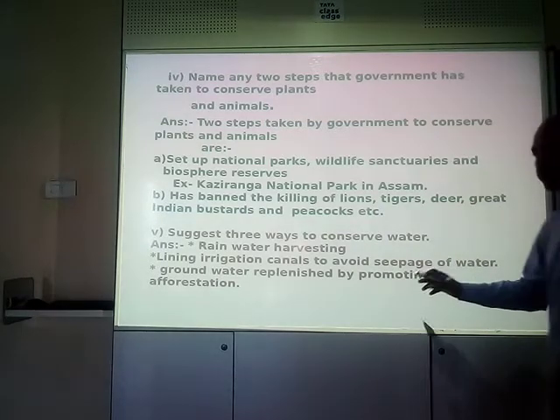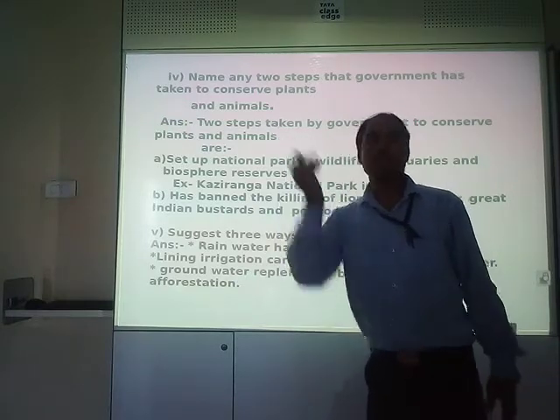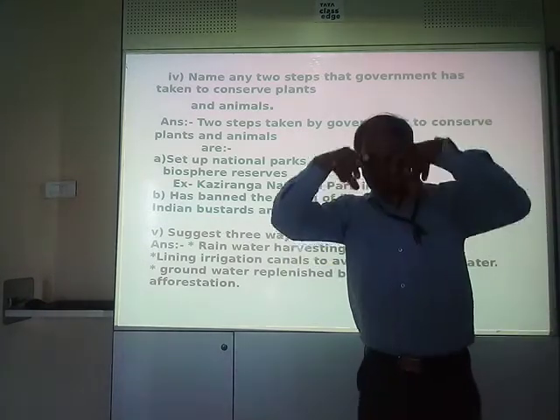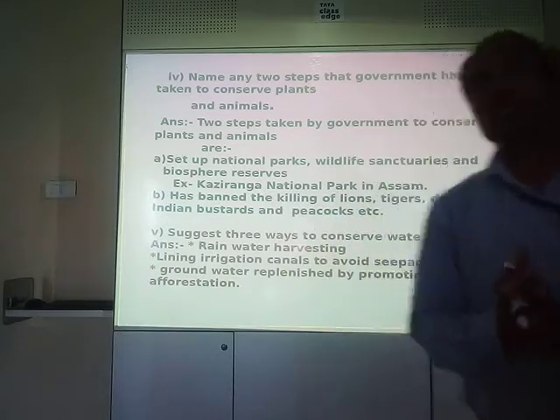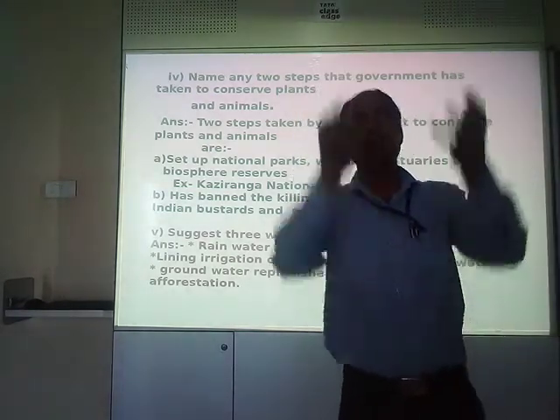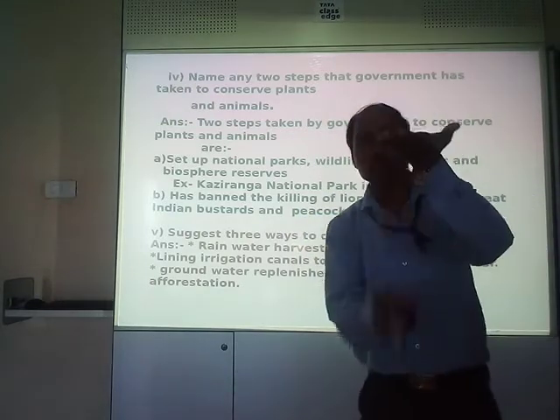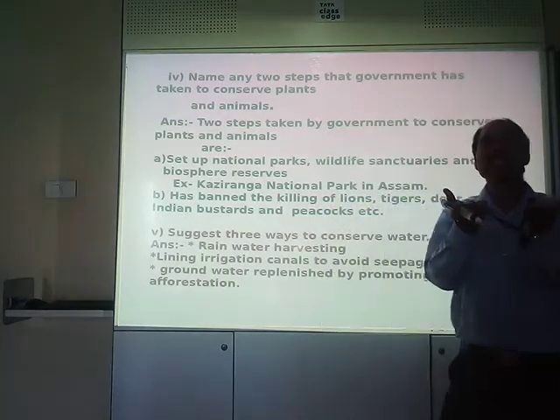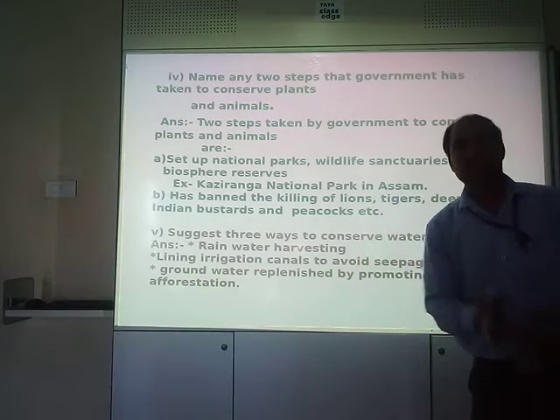If you plant more and more trees, obviously it will increase the groundwater level, because these are the plants which make the water seep, percolate, and get inside the ground, so it doesn't get washed away. The more plants you plant, the more rain it brings, and more water will come to the ground, percolate, seep inside, and be accumulated or stored inside the ground as a water table.